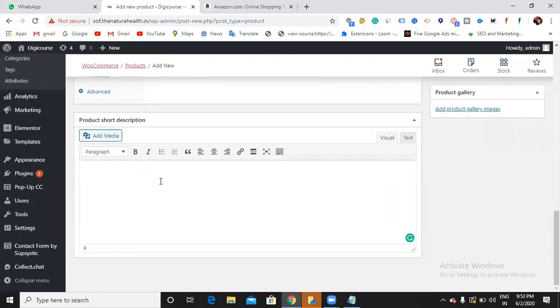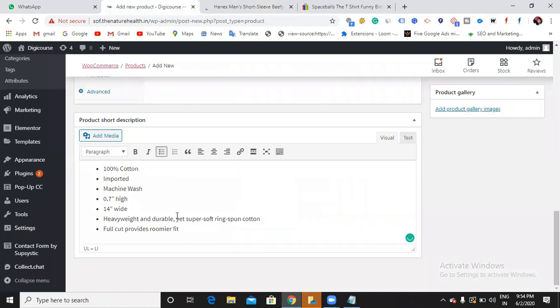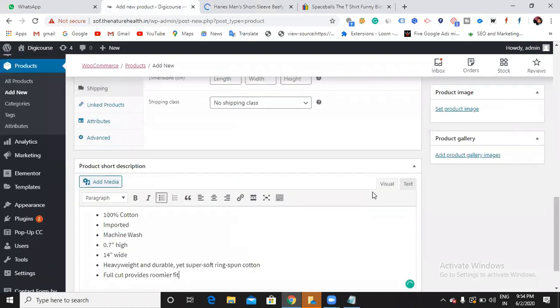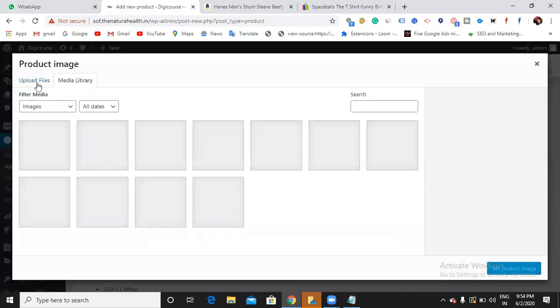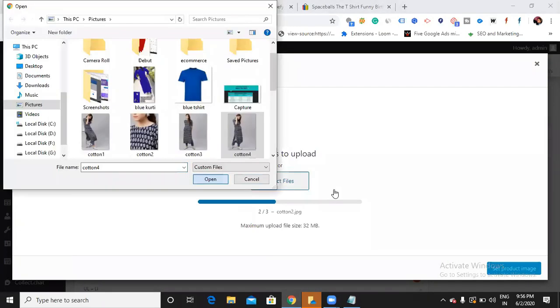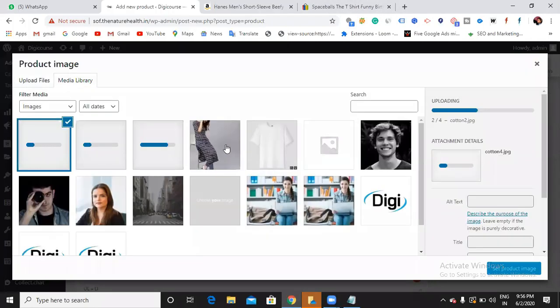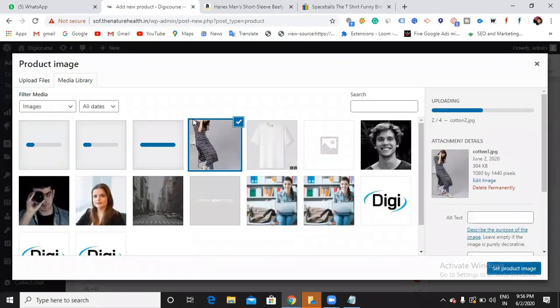Product description. If you want to have some product description, you can have it. This is simply the description. The next thing is the product image. You have to add an image for your product. Let me click this and choose this one.